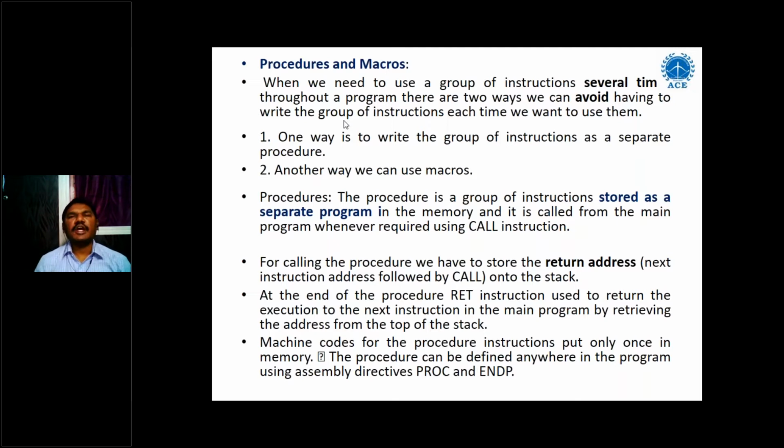Sometimes in programming we have to write the same instructions a number of times. Instead of writing them several times, there are two ways: one is using procedures, and the other is using macros.